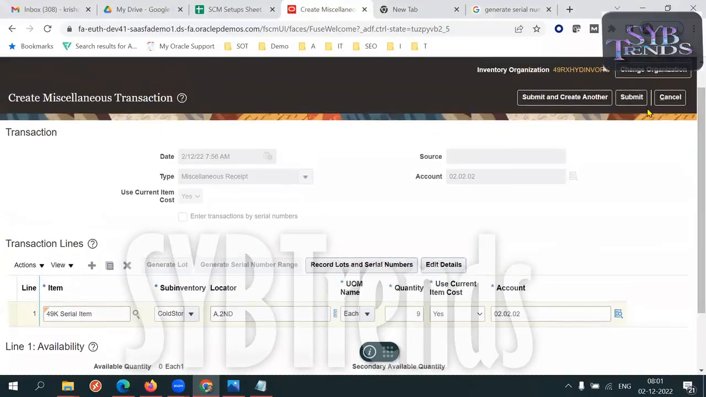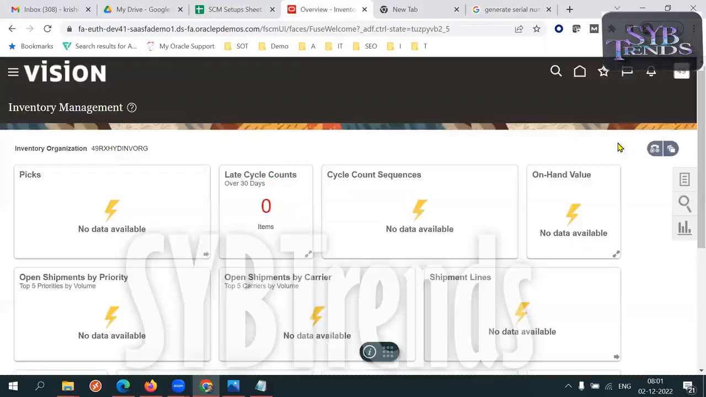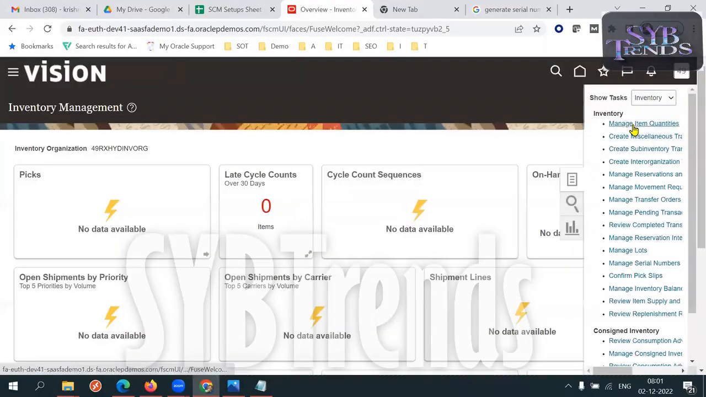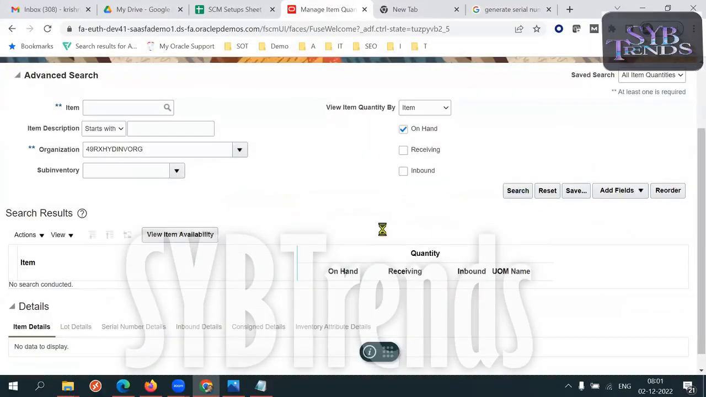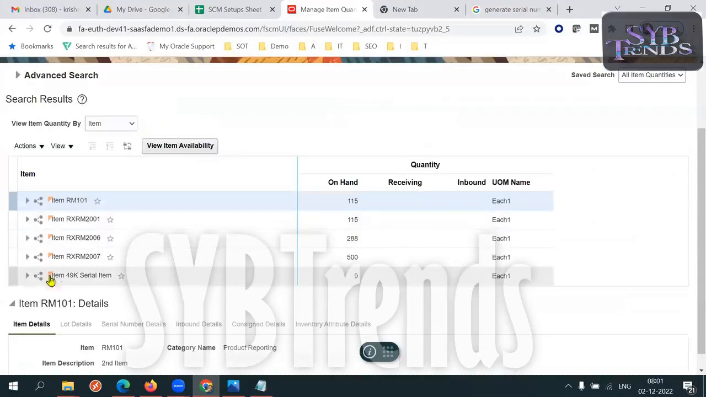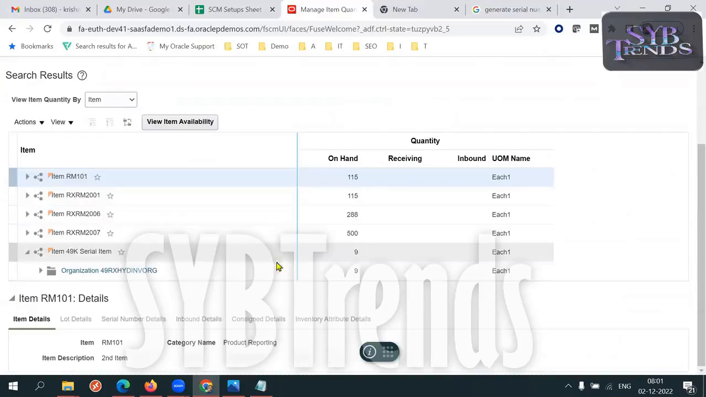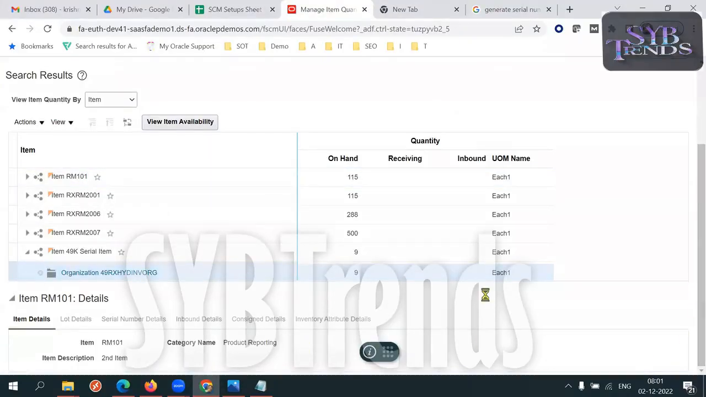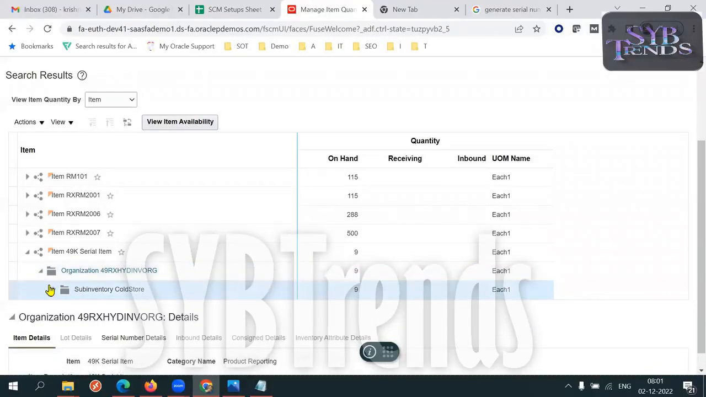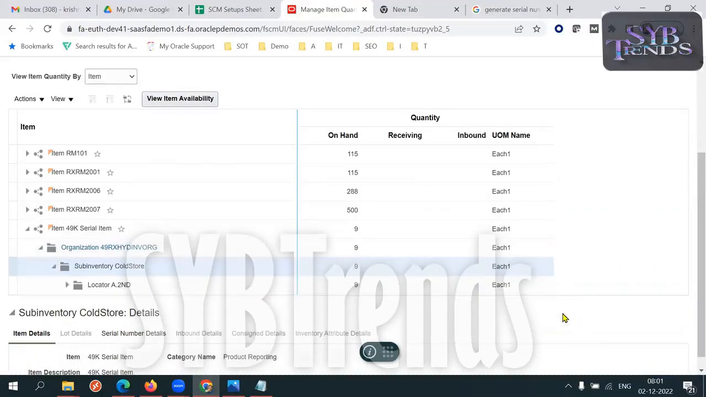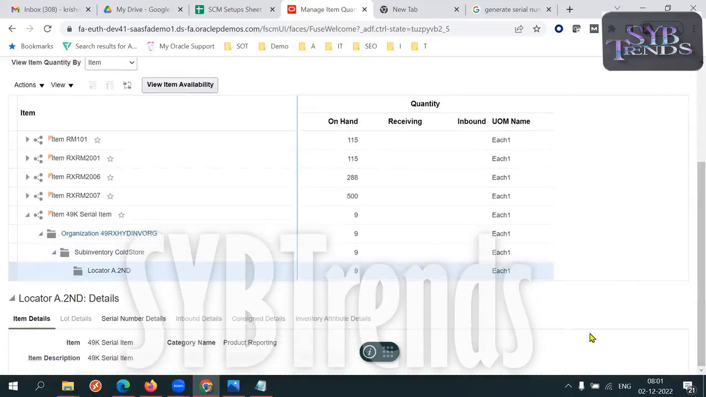Okay. So I'm submitting this transaction. And you can verify the serial numbers or lot numbers, everything from the on-hand screen. From here, you can verify it. Suppose for a serial item, for 9 quantity, you can see 9 serial numbers here. So each serial number is holding how much quantity here? So if you click on the serial number section,